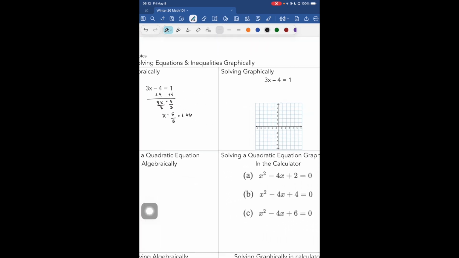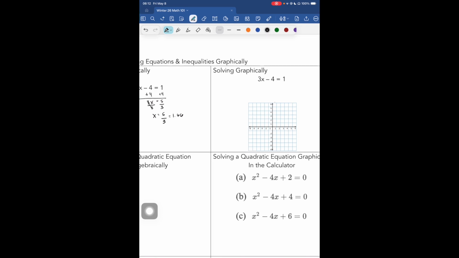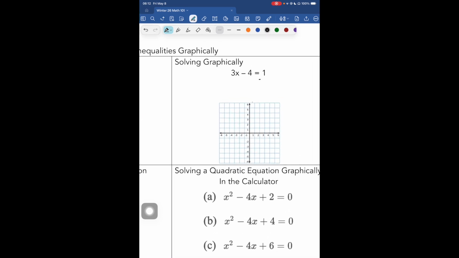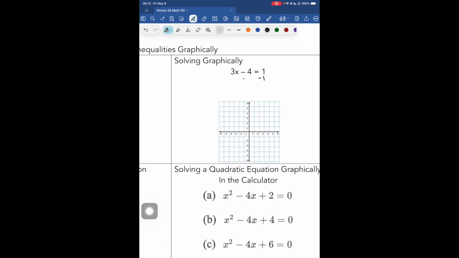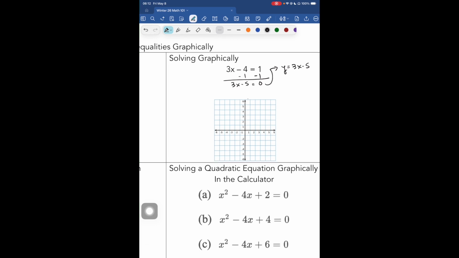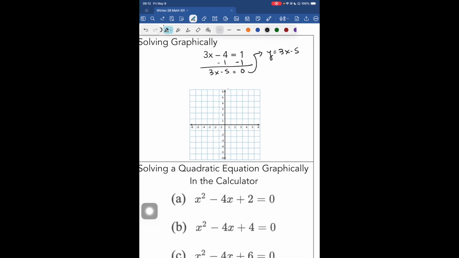And with that same equation, we're going to graph it. So remember that when we're trying to graph any linear equation, we need to make it equal to 0. So I'm going to push the 1 to the other side. We'll get 3x minus 5. And with that, we can rewrite it as y equals 3x minus 5. The 0 turns into the y. And 3x minus 5 says that we start at negative 5, and we go up 3